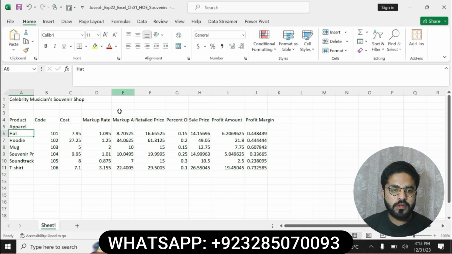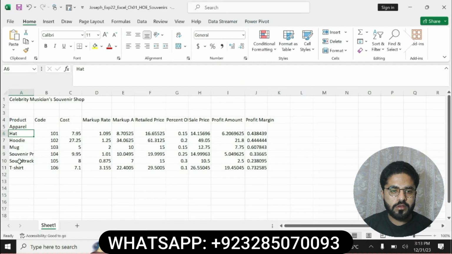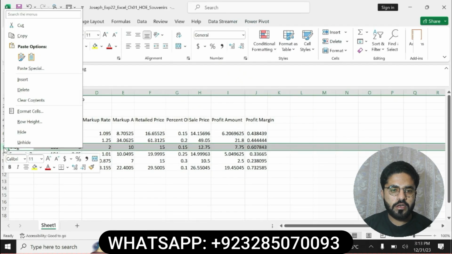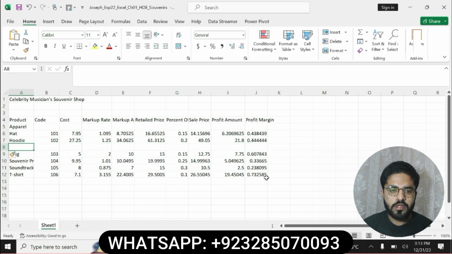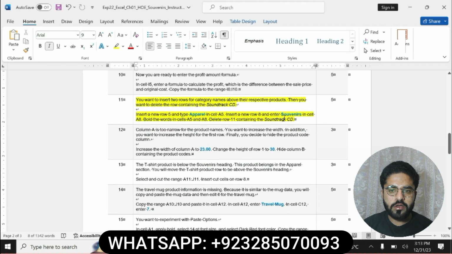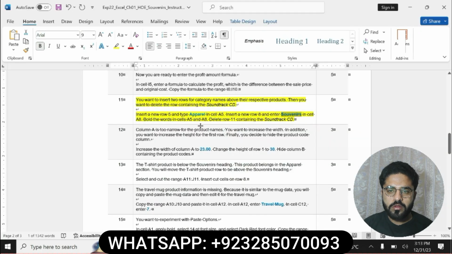In A5, type apparel, and insert a new row 8 and enter Souvenirs in cell A8. Click on this, then click on the insert button to insert a new row. In this cell you will have to type Souvenirs. Then hold this